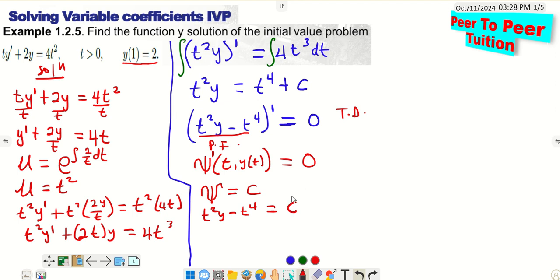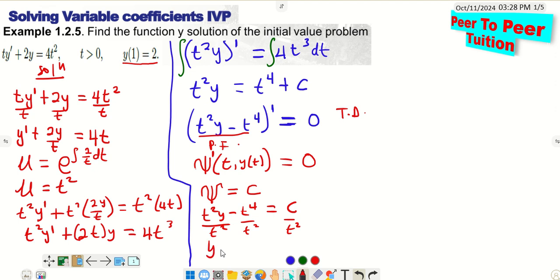Now from here we can find y by dividing through by t squared. If I divide here by t squared, divide here by t squared, and I also divide here by t squared,